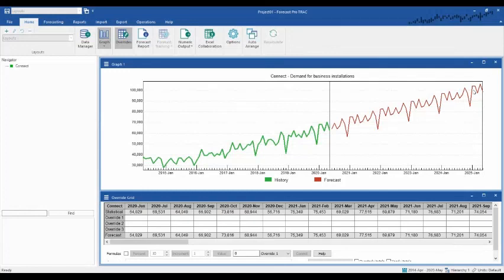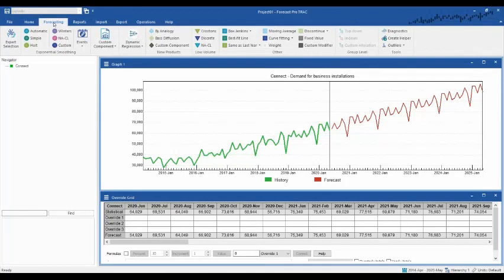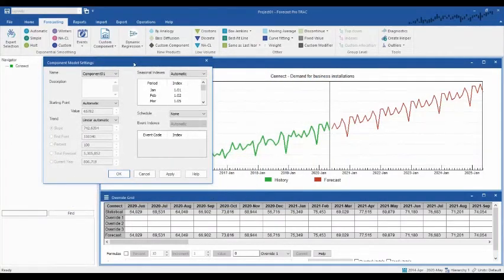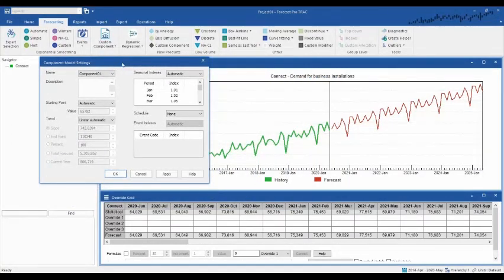How can I judgmentally adjust that trend so it does make a lot more sense? It looks a little bit less aggressive. I'm going to go to the forecasting tab here, and I'm going to select the custom component model. As I mentioned earlier, the custom component model, the starting point is a statistically estimated exponential smoothing model, and then you're allowed to change final values coming out of that exponential smoothing model to what you think is more appropriate